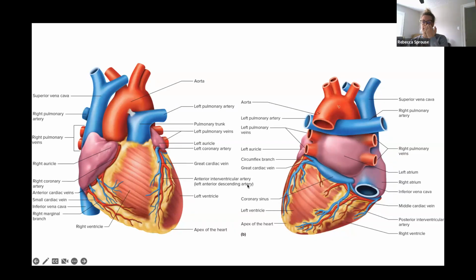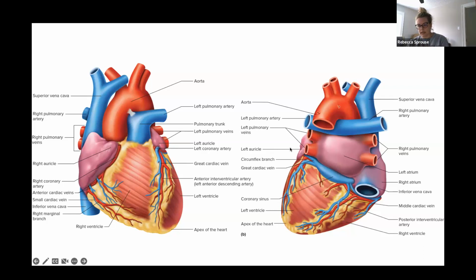I tell you that because the LAD is a common term they use in the medical world, especially the cardiology world. If you have a heart attack in this artery, we call that the widowmaker. Not a lot of people survive a heart attack in that specific artery. Now, if we keep following that left coronary around the heart,